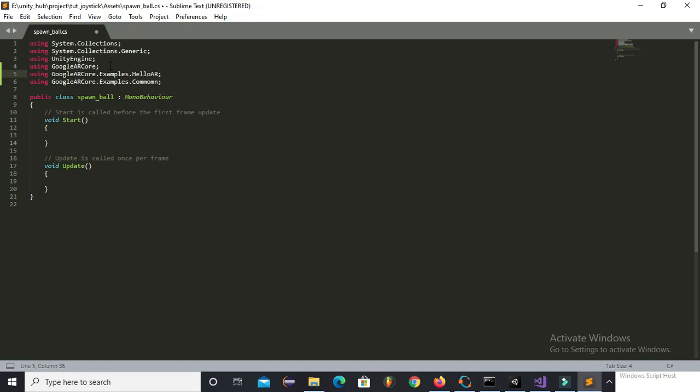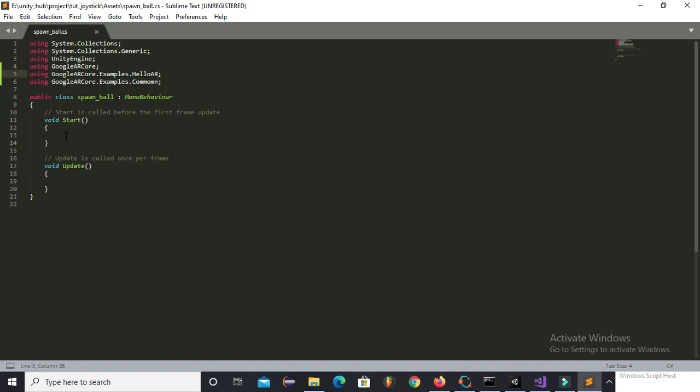So one more thing I want to tell you over here, that before trying to build this app, I recommend you to go through the basics of Google ARCore, like the HelloAR example, which is provided by Google ARCore. If you are already done with the HelloAR example, then you should go with this project, because that will give you more sense, and it will make more sense to you how the things are taking place.